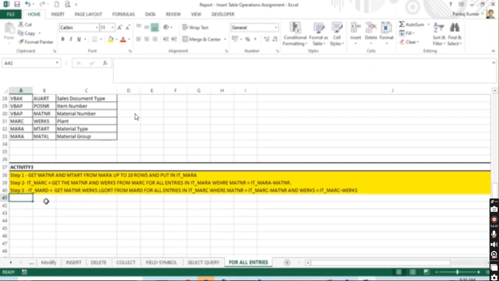Similarly, in step 4, get the data from the VBAP table, right? IT_VBAP table, or leave this part. Okay, what I want in the final result, my expectation is